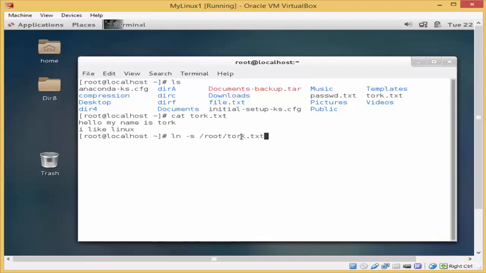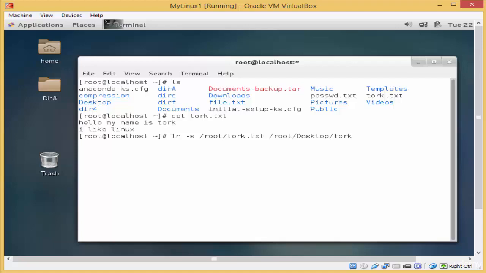So over here the file torque.txt is the file that I want to make a soft link for. And then I will type the destination that I want the soft link to be saved in. So I'll type /root, and for example I will choose the directory desktop/desktop,